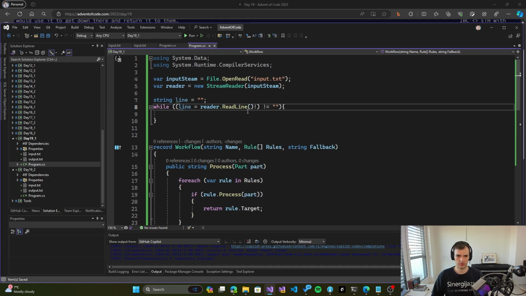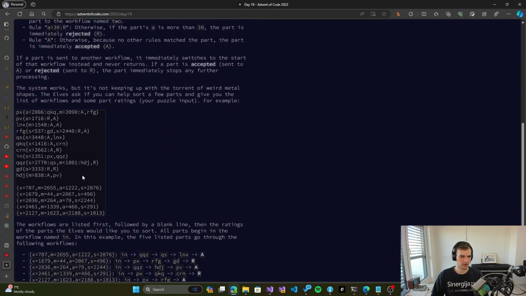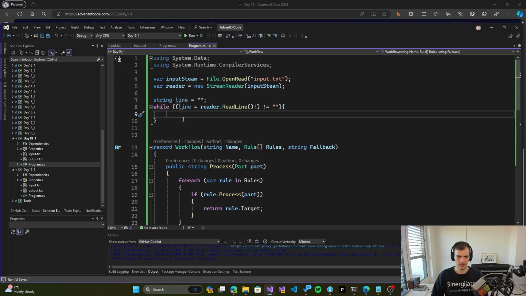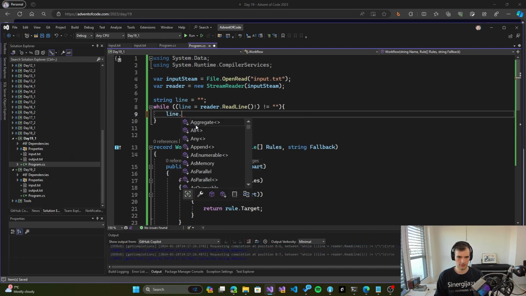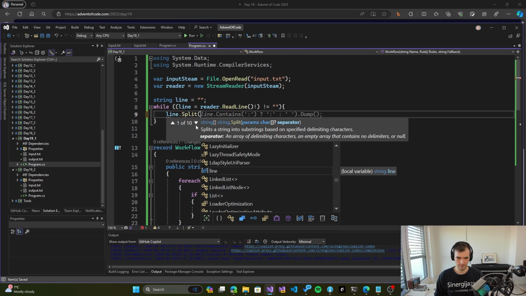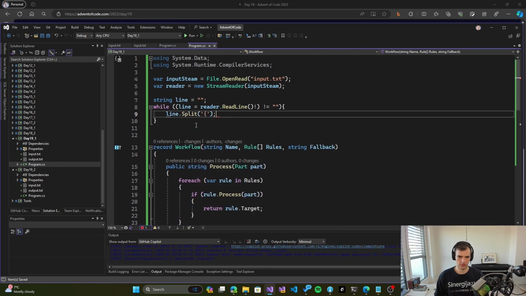This is going to be always not null. So if it's until we reach an empty line, we will do line split by this and do parts, and trim end